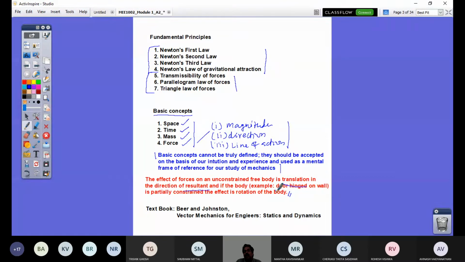So it can be on a body which is completely constrained, where it would be completely supported. So the action of force would not make the state of the body of rest condition to change. Rather, it would create a reaction at the supports. So the support should be able to bear the reaction so that the state is maintained, and then there is stability of the system achieved.